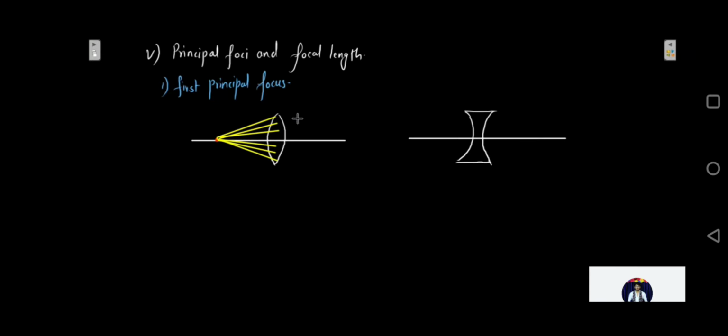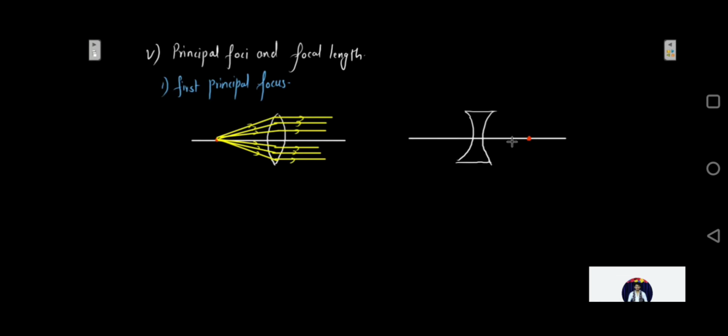And after refraction they come out parallel to the principal axis in case of a converging lens. Okay, so they moved out like this and they came out parallel to the principal axis. Or in case of a biconcave lens, they are appearing to go outwards from this point. So if I consider a point over here, they would be appearing to come out from this point.